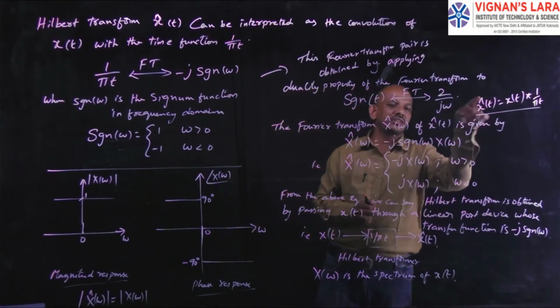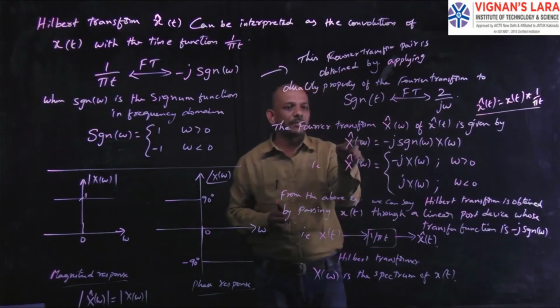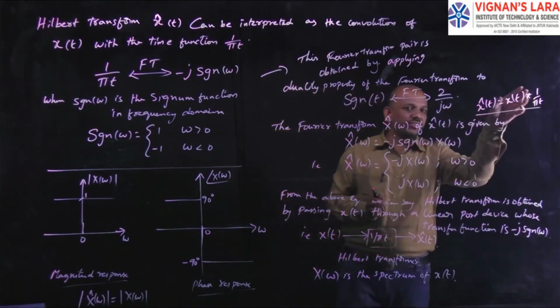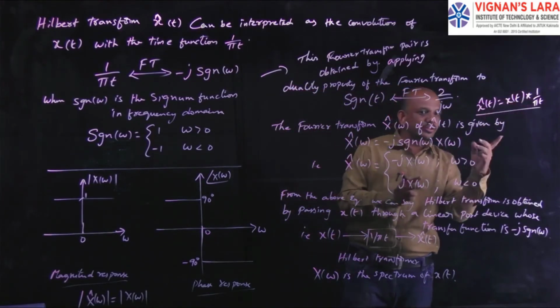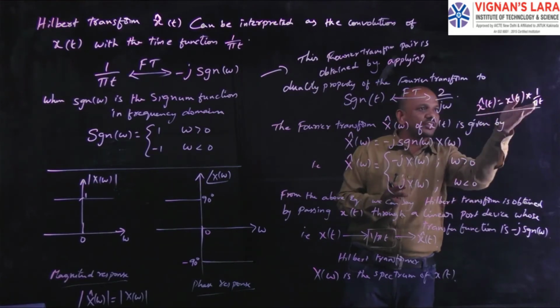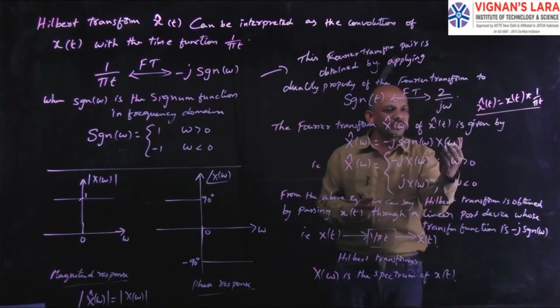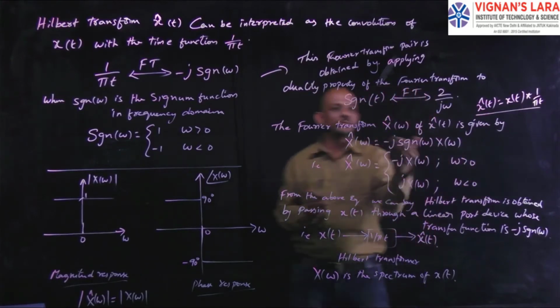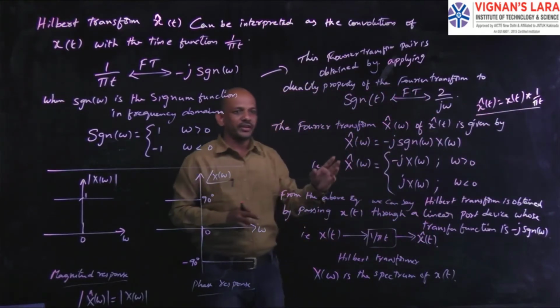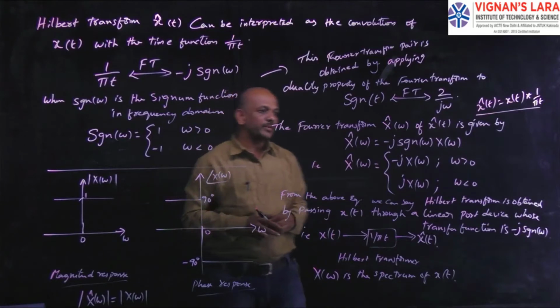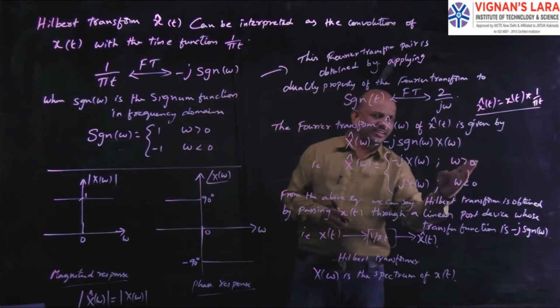So apply the Fourier transform to this one. We will get capital X cap of omega. Now in the frequency domain, the convolution will be transformed to multiplication of the Fourier transform of each one. So here x of t, the Fourier transform is X of omega, and for 1 by pi t, the Fourier transform is minus j Sgn of omega. Clear? Now X cap of omega will be equal to, when omega is